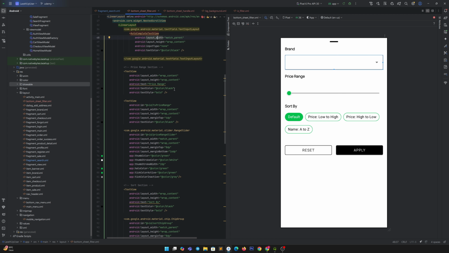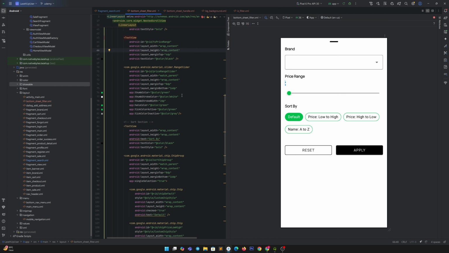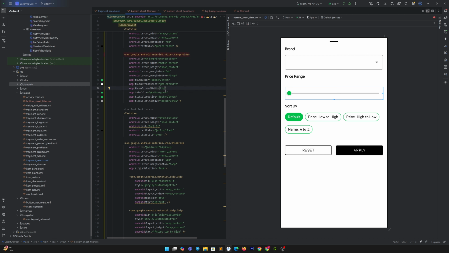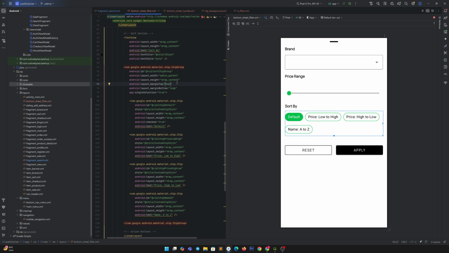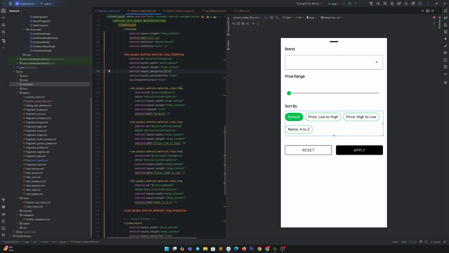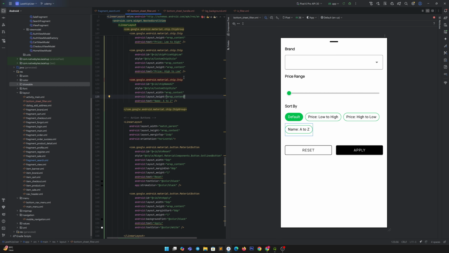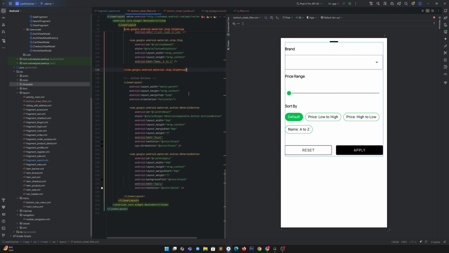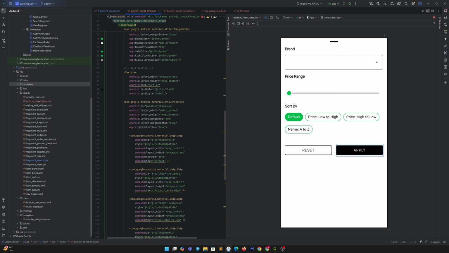And below this text input layout, we are using the text view for price range, and then we have a range slider, right? And then we have another text view for sort by which contains the chip group, right? For default, low to high, high to low, and A to Z. So this is basically the filtration we are using in our search fragment. And below the chip group, we are using another linear layout which holds the material buttons for reset and apply filter. All right, now we have completed both the designs of the search view.